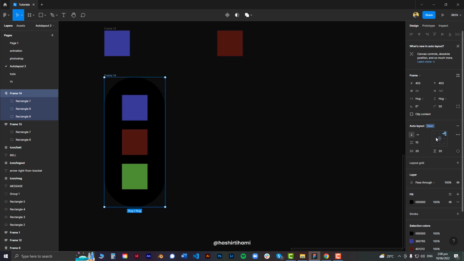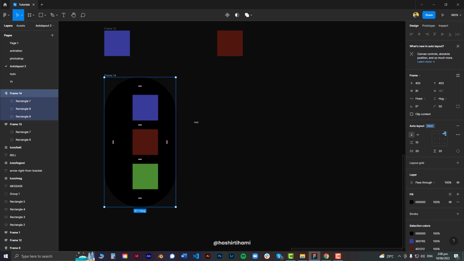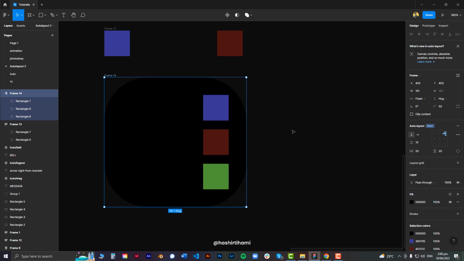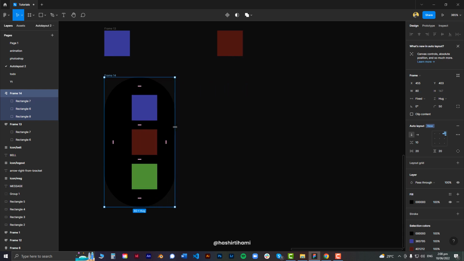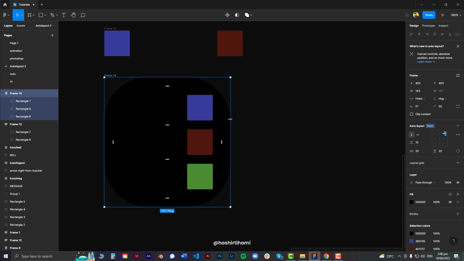Now if I change the size, one more thing, if you directly change the size of an auto layout frame, the direction that you are changing would be changed to fixed, because if we move this from either side, it means that you are taking the authority from Figma or the auto layout function to adjust itself